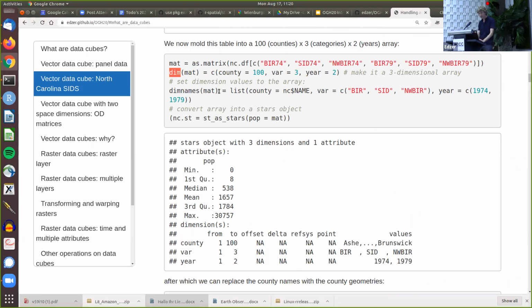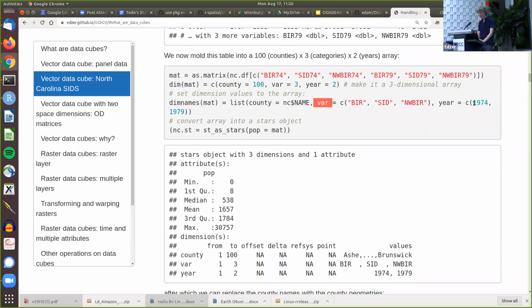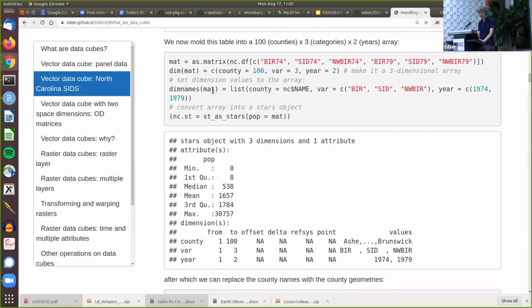And what I also do is that I set the dimnames. So that means that for each of the values of a dimension, I give labels. So I give the county labels to the variable county, which is the first dimension. I give births, sudden infant deaths, non-white births to the second dimension, and I give the year, as you can see here, 1974, 1997, to the third dimension. So then I have a